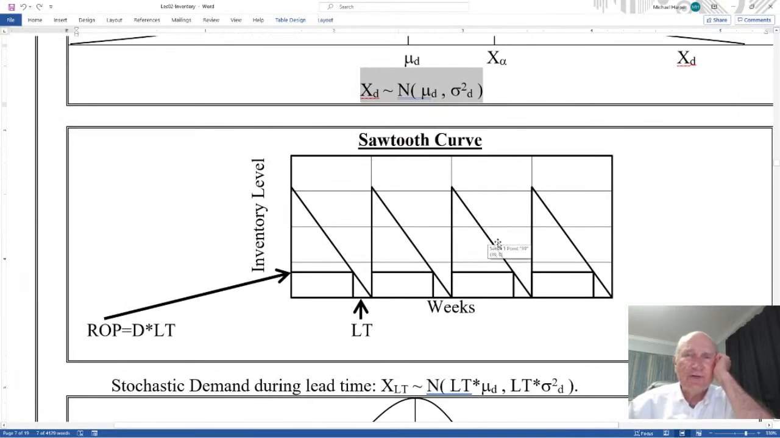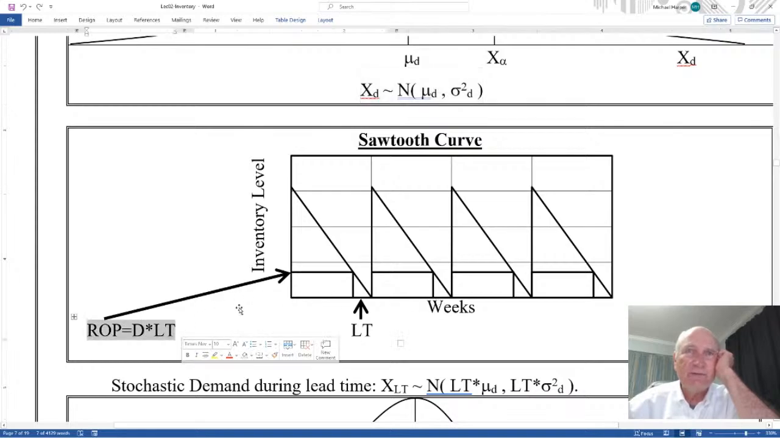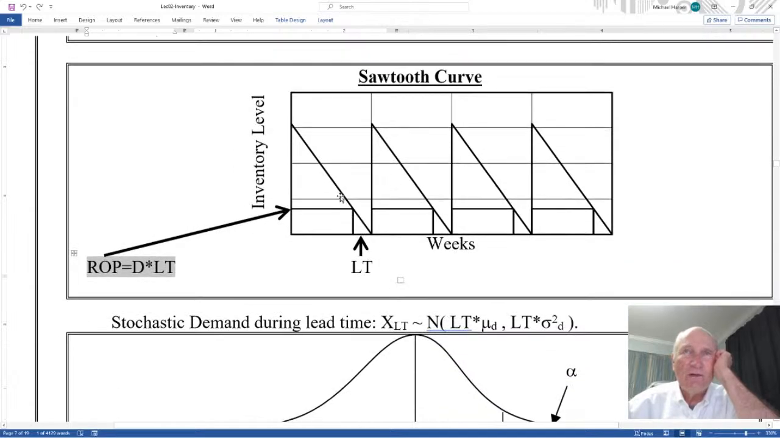Now let's look at the Sawtooth Curve. Now remember, in the Sawtooth Curve, the demand safety stock is 0. So ROP is the demand times lead time. So the inventory level comes down. We have our ROP, we have our lead time, and we come up again. But you say, well, when this comes down for a continuous review system, and that's what we're doing, continuous review, when I hit my ROP, I'm placing an order. So during this lead time,